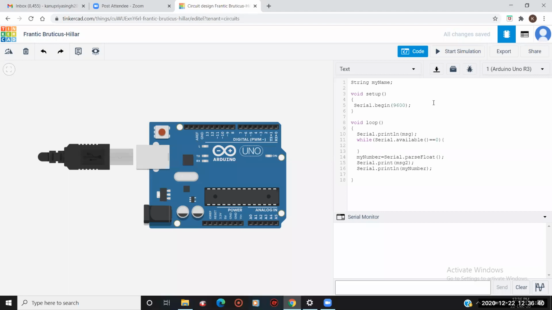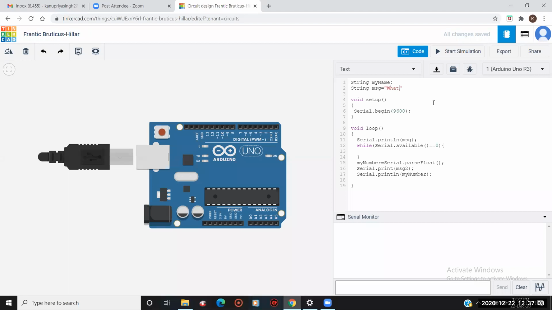After that, I want the serial monitor to print something and ask me, because then only will I know that I have to enter something here. Otherwise, how will I know? So the serial monitor will display a message asking me, what is your name?